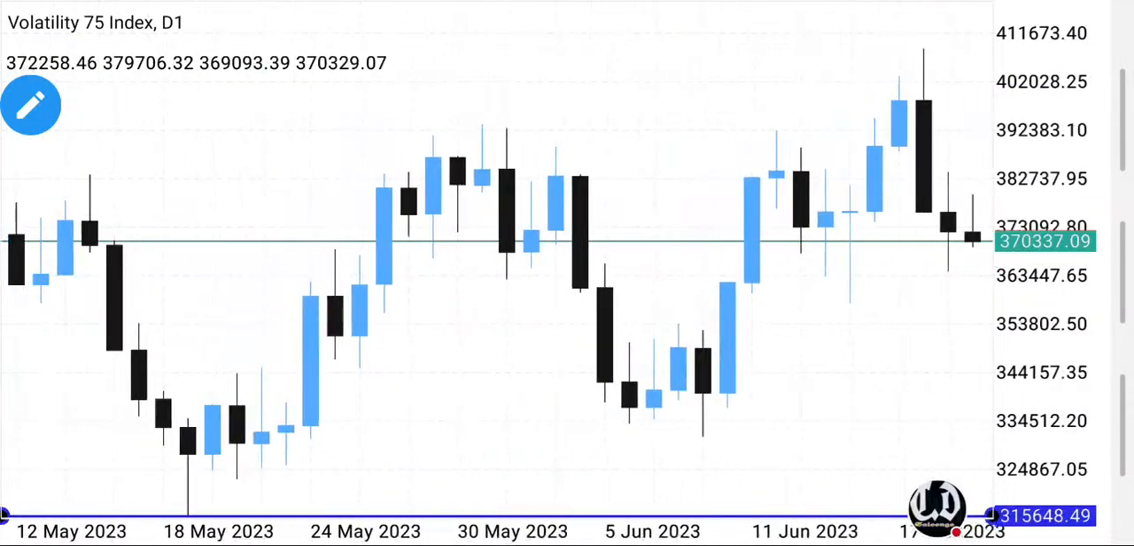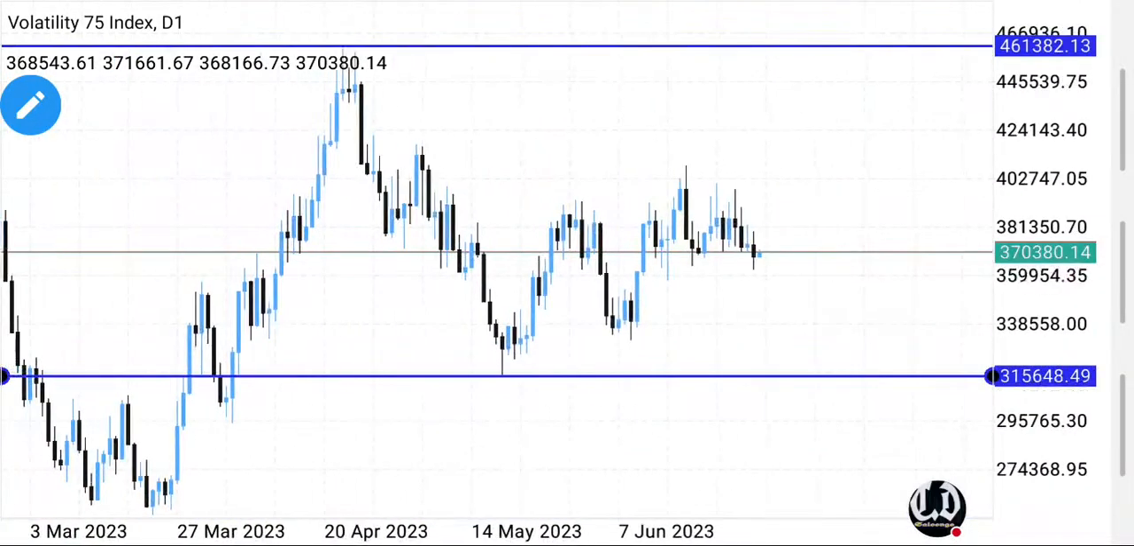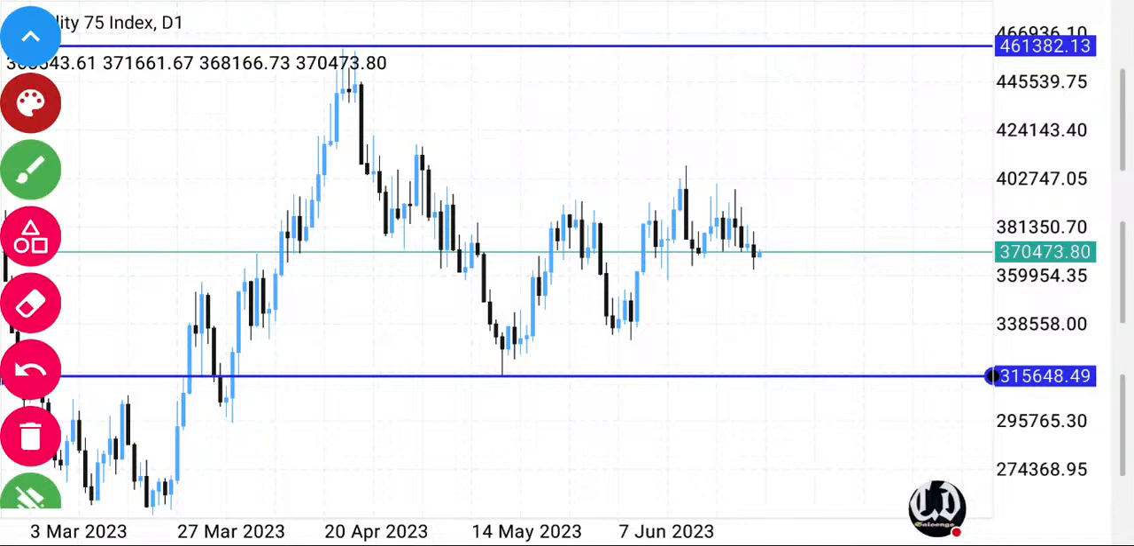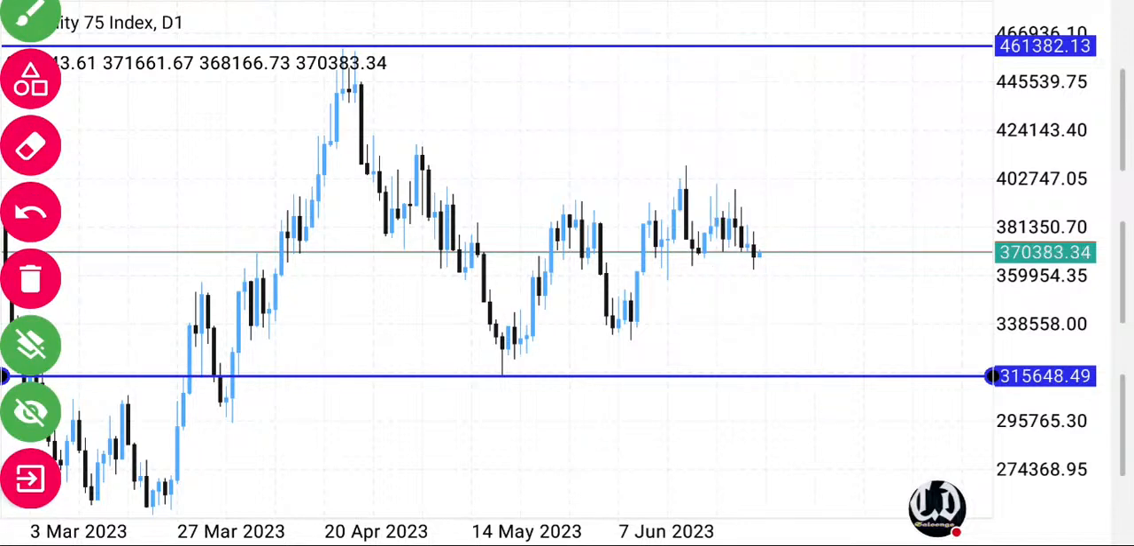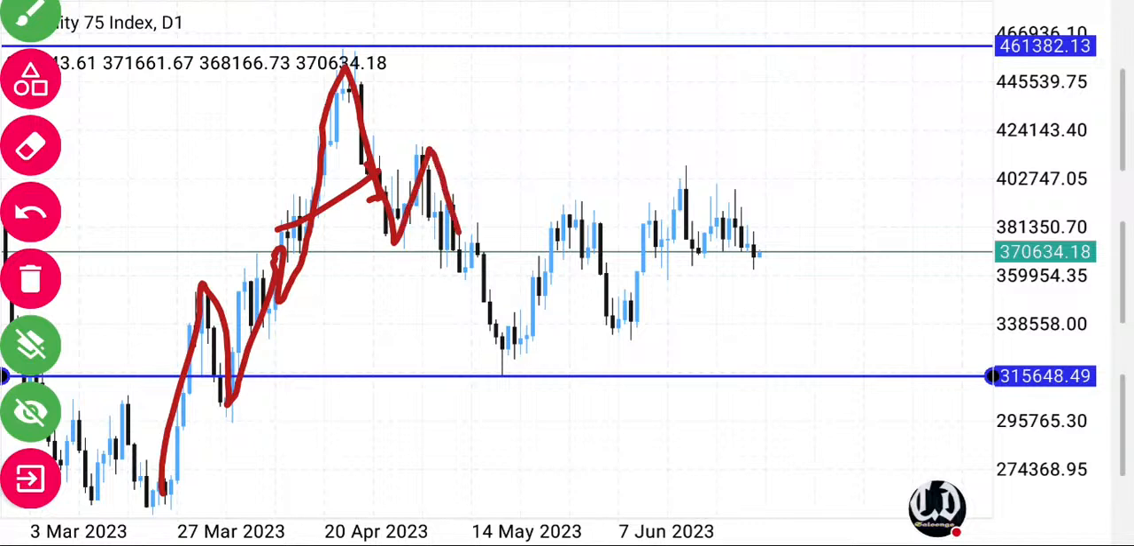As well, you can see that the market has been making this move. It was forming this move, making the higher highs, higher lows, higher highs. We break the structure and we come forming the lower lows, lower highs. We have come back and now we're here. So